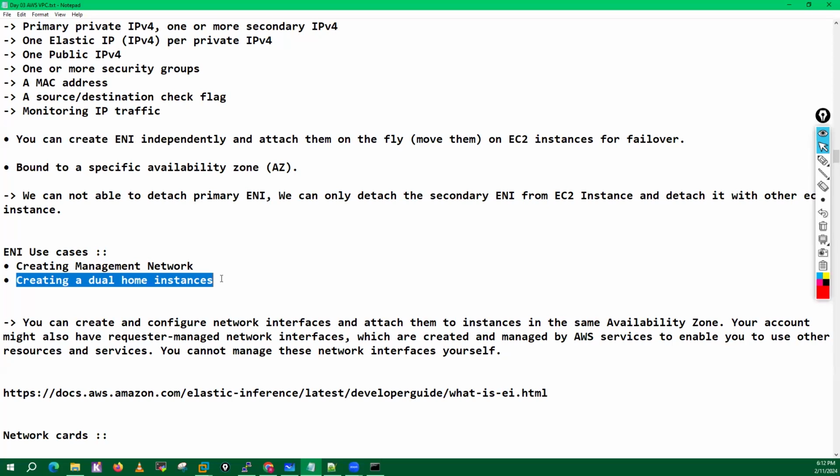Mahesh, it is in the same subnet only. Okay, it is a part of the same subnet. Okay,